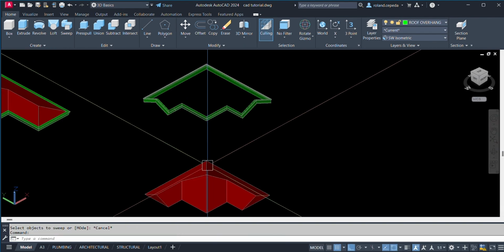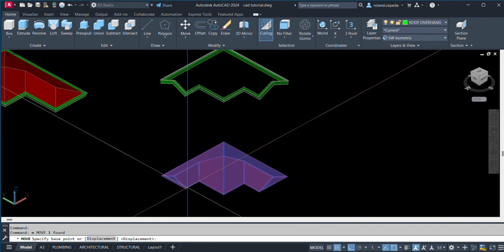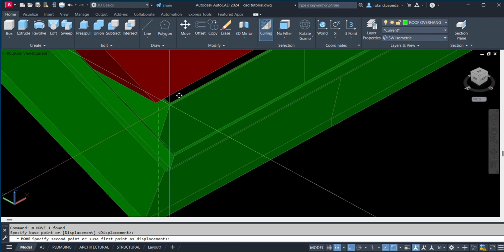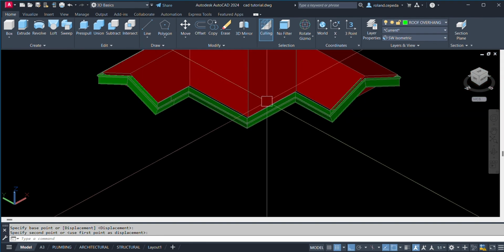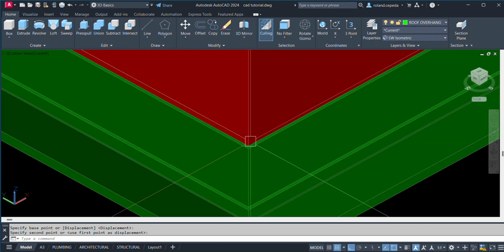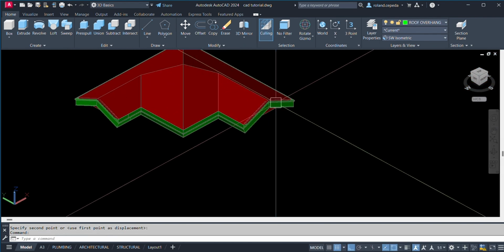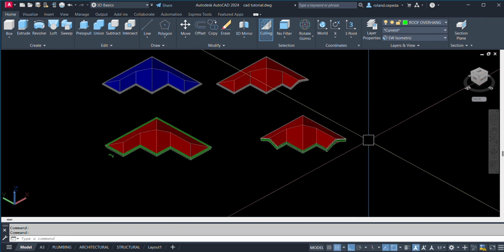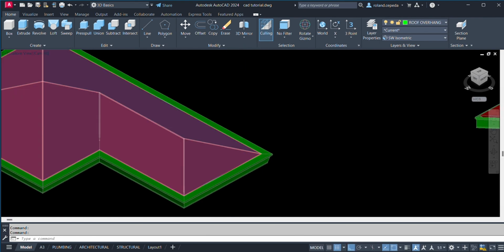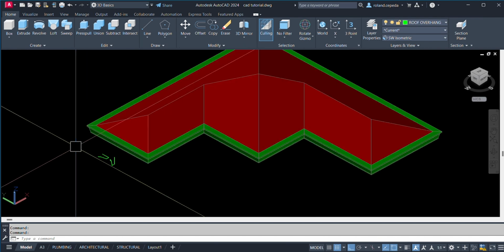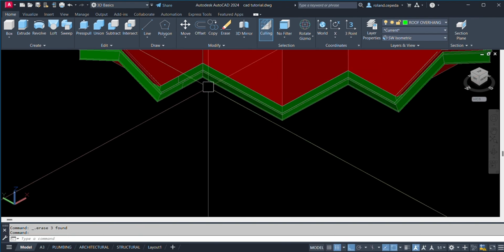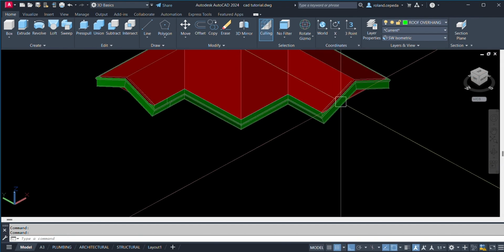Okay, so there you go. Okay, so you have there the gutter. You have there the closed gutter, which just represents a simple 3D for the gutter, but I made the open gutter, which is the actual gutter.